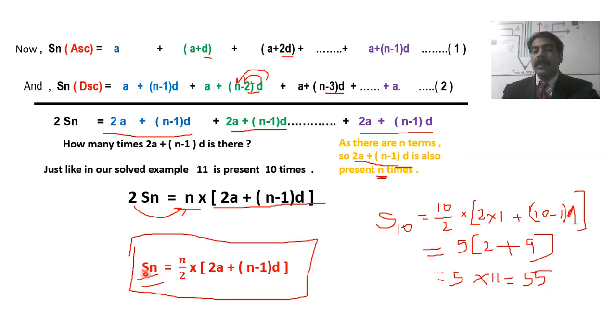That means if we use this formula, we can easily find the sum of any numbers. For example, if you have to find the sum of the first 1000 natural numbers, simply put n equals 1000, then a equals 1, because it is a natural number and the first natural number is 1. Again, instead of n write 1000, the common difference is 1, solve, and you will get the answer. So this makes our work very easy. That is a smart way of solving the problem. I hope you understood the concept.